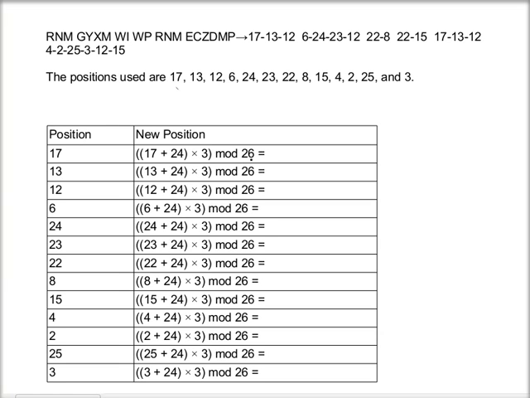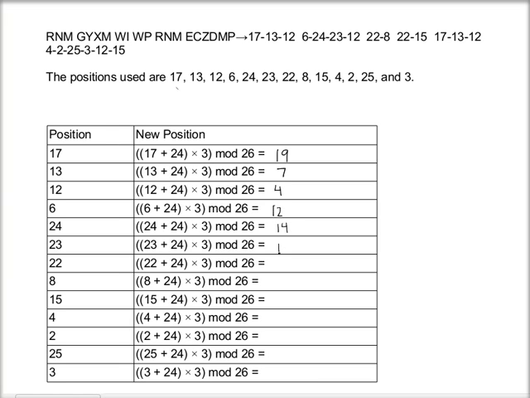So I can just go ahead and do all of these calculations and see what they give me. 17 is going to go to 19, 13 will go to 7, 12 will go to 4, 6 will become 12, 24 will go to 14,